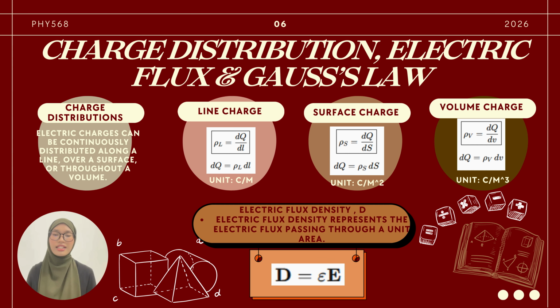In a real situation, electric charge is not always concentrated at a single point. Instead, it can be distributed continuously along a line, over a surface, or throughout a volume. These are known as line charge density, surface charge density, and volume charge density. Another important concept is electric flux density, represented by D. It describes the amount of electric flux passing through a unit area. Understanding charge distribution and electric flux is essential because they provide the basis for applying Gauss's law, which is the